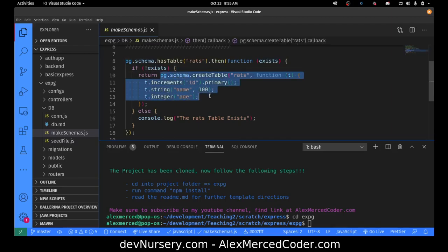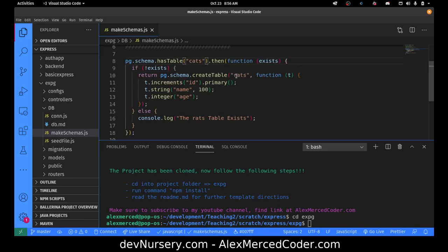then what I'm going to do is I'm going to create the table. Otherwise, I just say the rats table exists. So what I'm going to do is create the rats table. Actually, let's change this. Let's make this the cats table, just so we can create a different kind of API. So again, this table is going to be called cats,